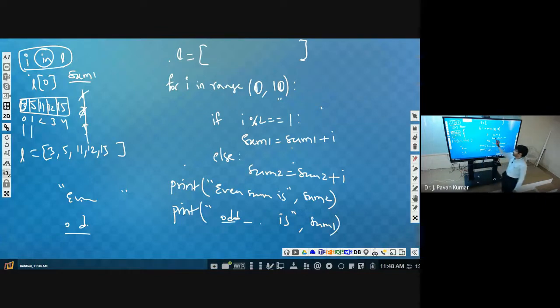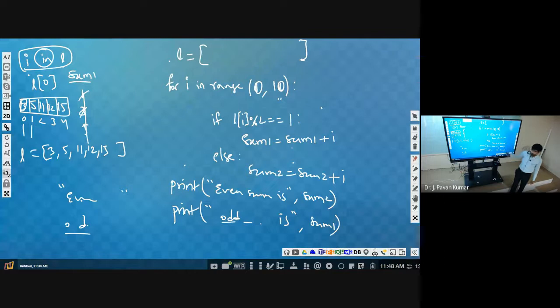So what do we have to use here? L of I. Instead of I, we will use L of I. If L of I mod 2 is equal to 1, what does it mean? We are checking whether that particular index element is even or odd.